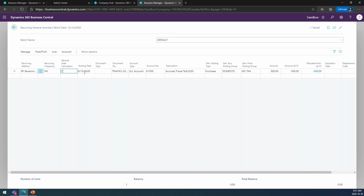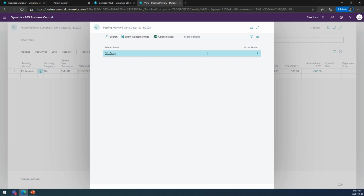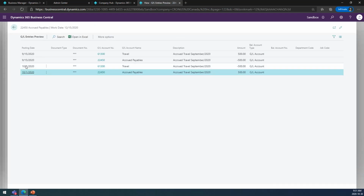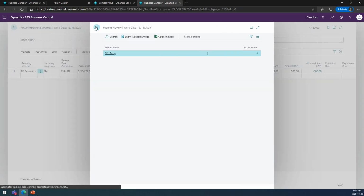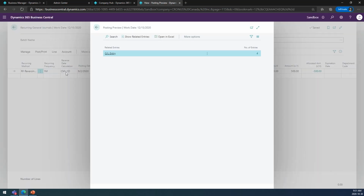So if I say current month plus 1 day, that would mean calculate the end of the month, and then 1 day later it should be reversed. So if I go now to preview posting, it would always be reversed on the 1st day of the next month. If I change this posting date to the 2nd of September and post it, still the same thing, because the end of the month plus 1 day is still